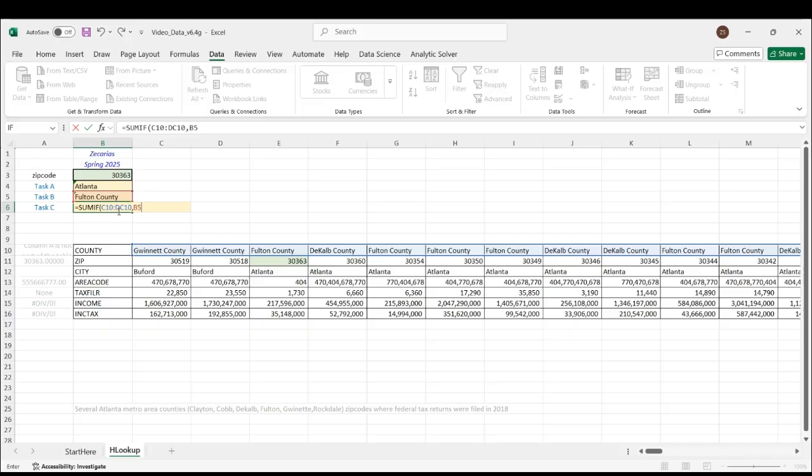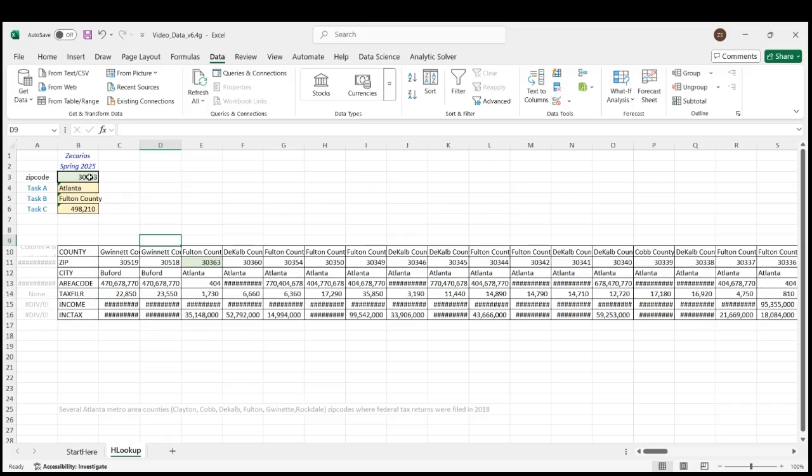After that, we would need the sum range. This will be C14, and then you would hit all the way down to DC14. All right, close paren. This will be our number for this one, 498,210. And now we will insert a new zip code, which is